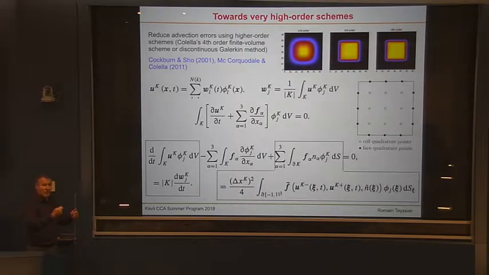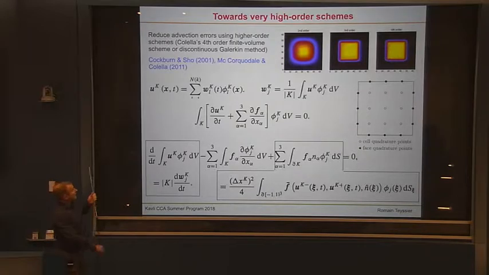And now the order becomes actually a variable, right? So it's usually called P. That's the order of the polynomial, P like polynome. So it's the order of the polynomial representation. And the idea here is to design a methodology where P is an adjustable parameter of your simulation. And why not going to 10, right?